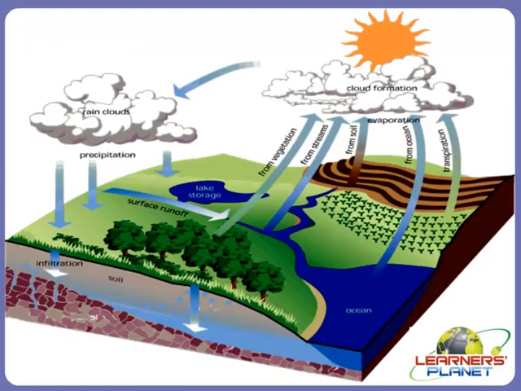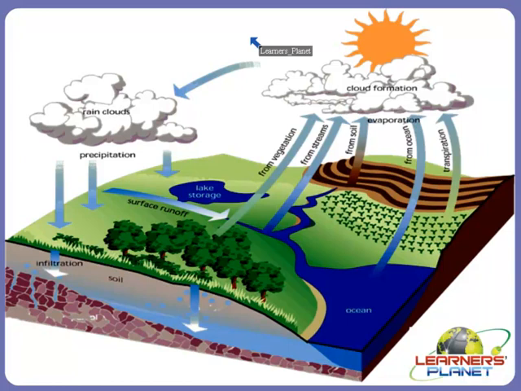Yes, so this is a diagrammatic representation of the water cycle. Now remember, in short, water droplets in the clouds keep bumping against one another, and sometimes they stick to form bigger drops, and when these drops become too heavy to float in the air, they drop back to the earth as rain. So the water that comes down as rain in time evaporates and goes up to form clouds again, and this leads to a cycle known as the water cycle. But that was a very short note.